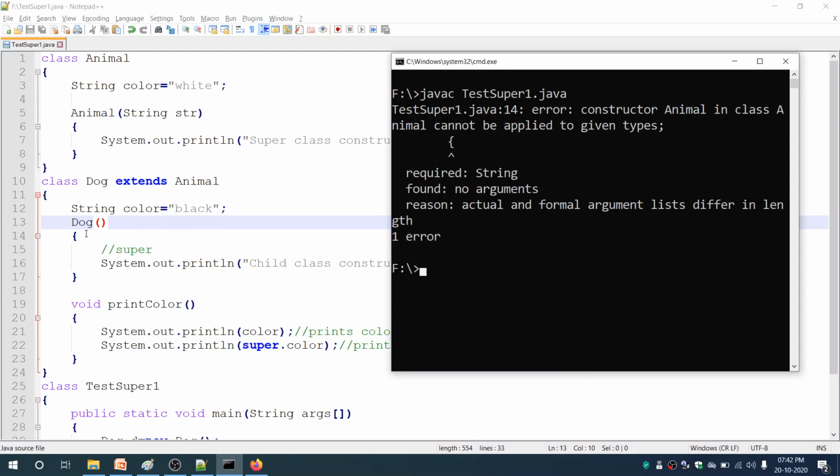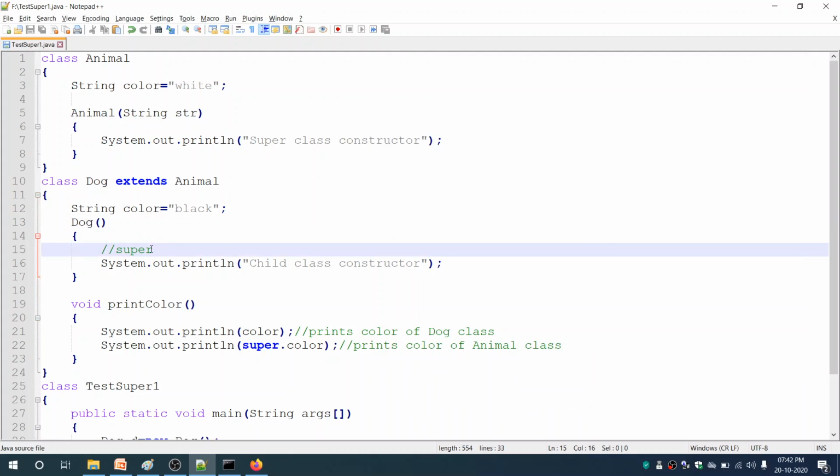It means whenever we call a Dog constructor, the compiler automatically adds a super which takes no argument, and super calls the superclass constructor. But do we have a constructor in the Animal class which takes no arguments? The answer is no, we do not have, and that is the reason it is generating an error.